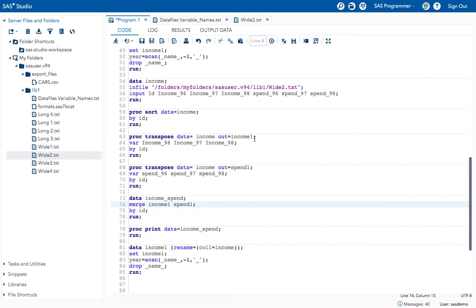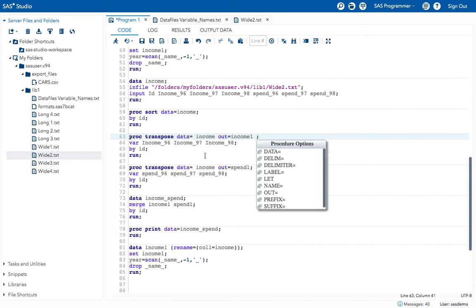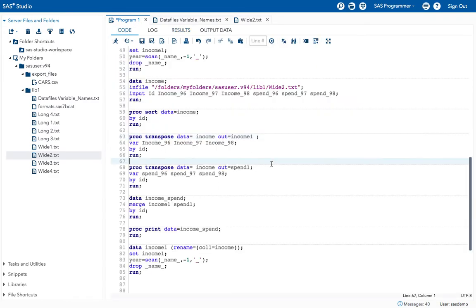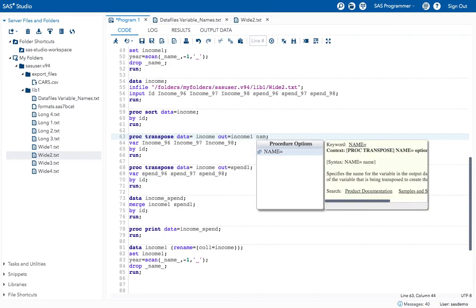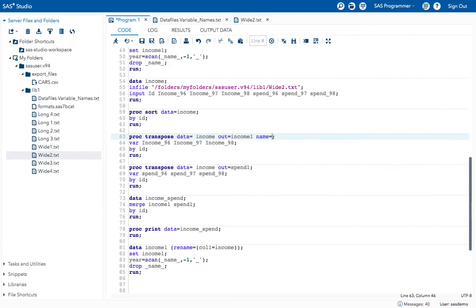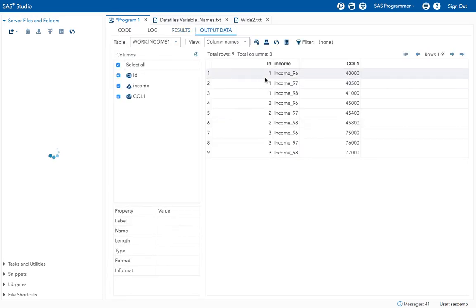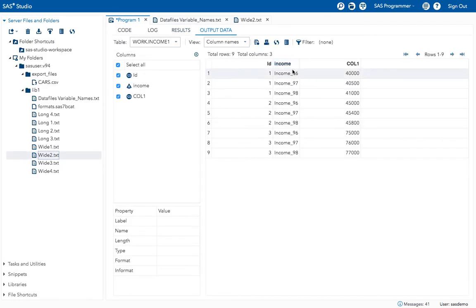So for that I will change the name. I will change the name of underscore name underscore and column 1 in both the data sets. How can I do that? If we give the name equal to option, we will be able to change the name of underscore name underscore. See, execute the program. Underscore name underscore got changed to income variable name. Now I want to change this column 1 also.